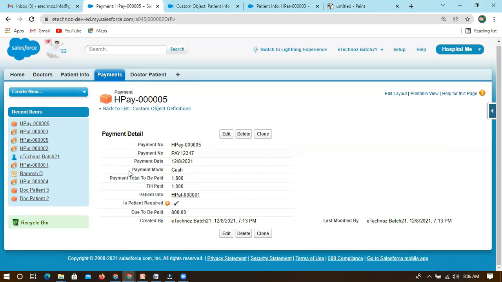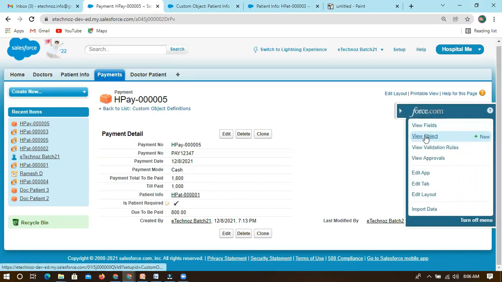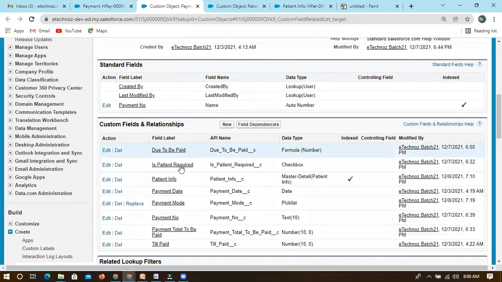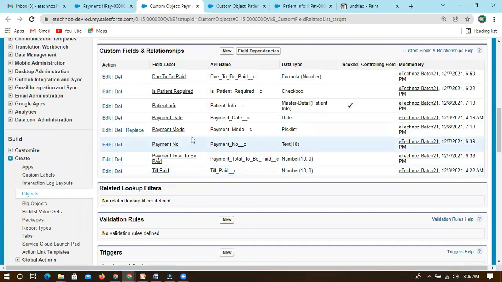But what will happen if it is mandatory? If you put it at field level, what will happen? We discussed that. Can anyone tell me what will happen if I modify at field level? If I go to the field and select mandatory, then what will happen? Can anyone tell me? Let's take that I want to modify this payment mode field.